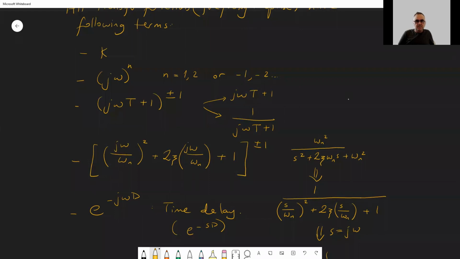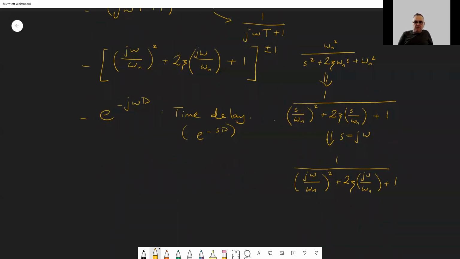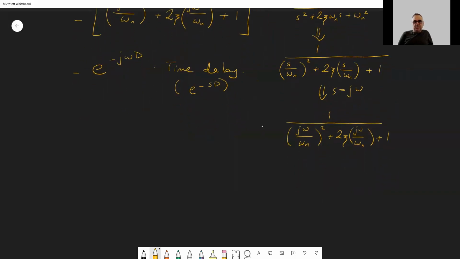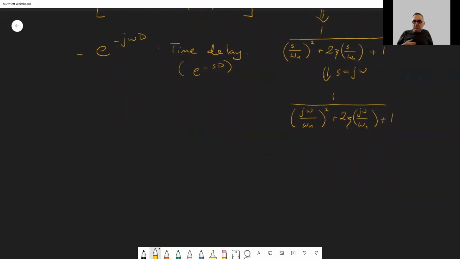So typically, we have all these terms, 1, 2, 3, 4, and possibly the fifth one. If you analyze and learn how these things are Bode plotted, then you can easily plot the Bode plots, or at least plot the Bode plots of a system with these components. Or alternatively, you might understand how these are plotted. Okay, it is not too difficult to understand. Now, let's start with